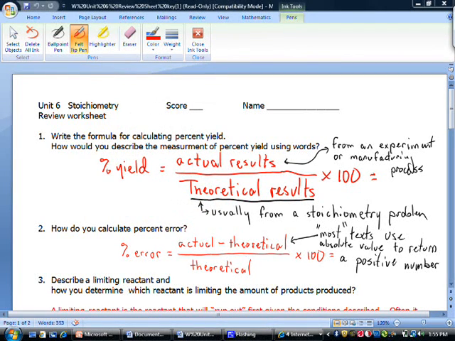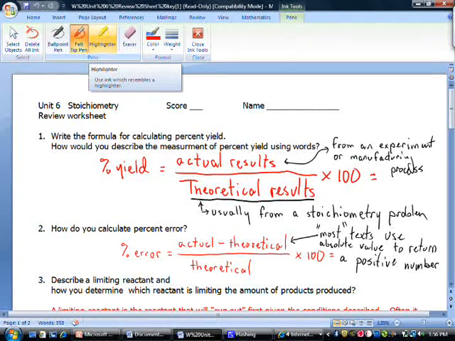Let's go through this review worksheet for the stoichiometry test. And believe me, you're going to do well on this test. Here we go. Now, the first couple of items on the worksheet were to make sure you could think about,